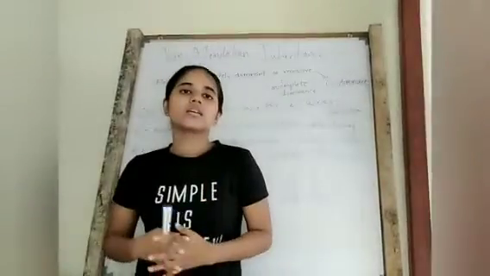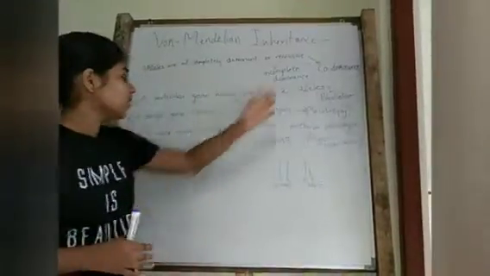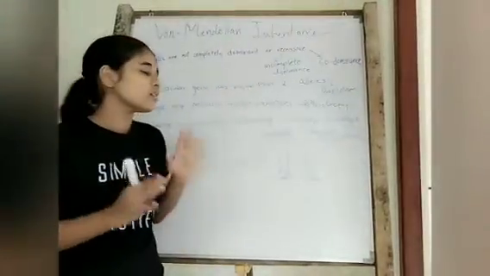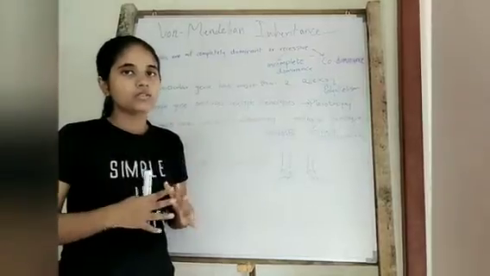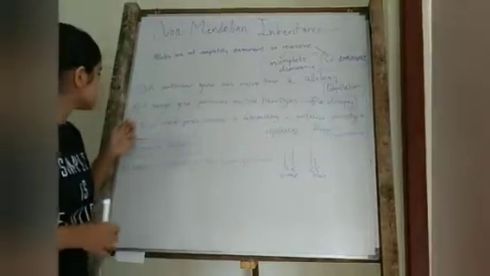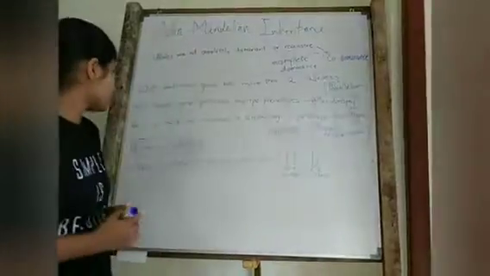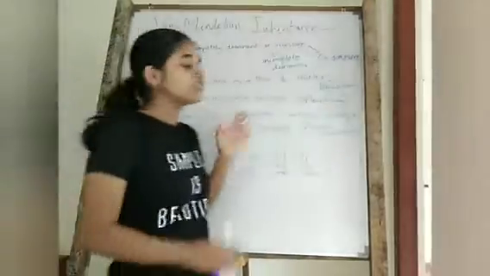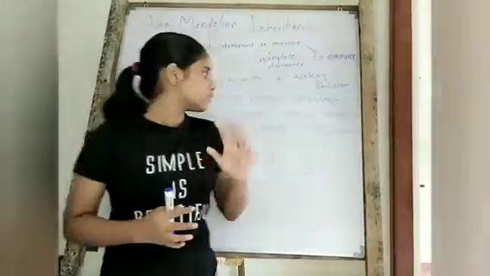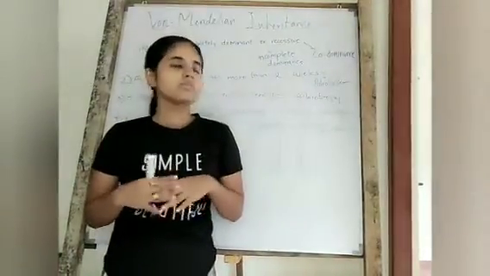In Mendelian inheritance, a single gene gives out only a single character. But in pleiotropy, we can find instances where a single gene can produce multiple phenotypes. We are not going to discuss pleiotropy in this video. You will get to know more about pleiotropy in the fourth video. And then the fourth one, two or more genes involved in determining a particular phenotype. This means that one phenotype is determined by more than one gene. Examples for this are epistasis and polygenic inheritance. We will talk about them in this video.